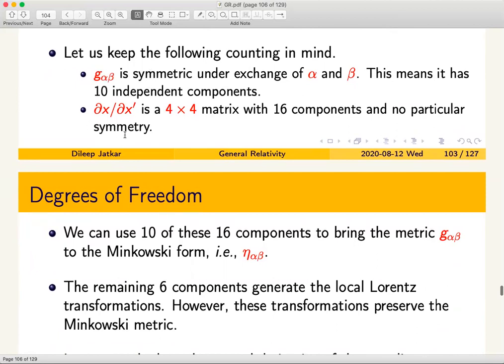So in the del x by del x prime expression, which contains 16 components, you will not need all 16 components to fix these 10 components. You may want to look at these 10 components locally. You can set several of them to 0, and some other ones to take non-zero value, given that the metric has to be